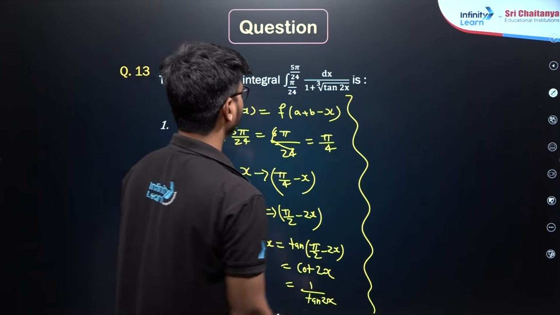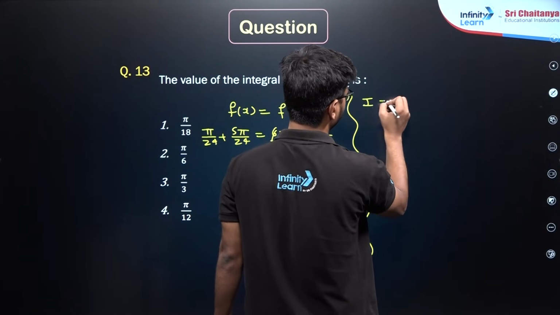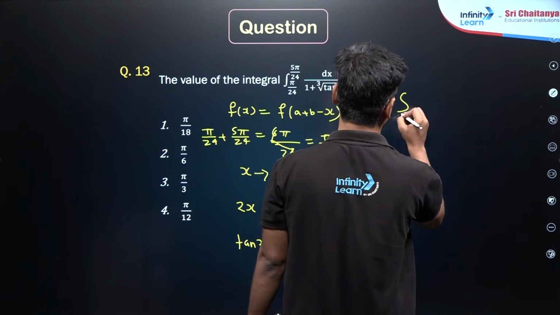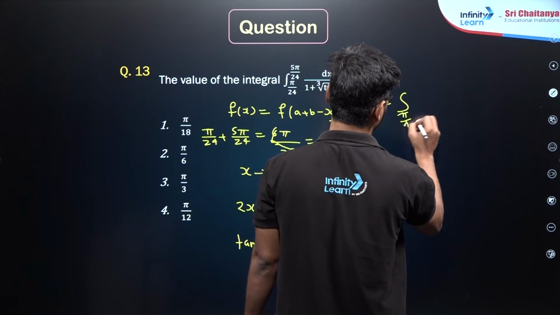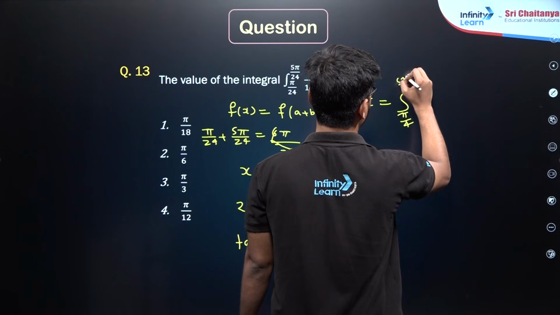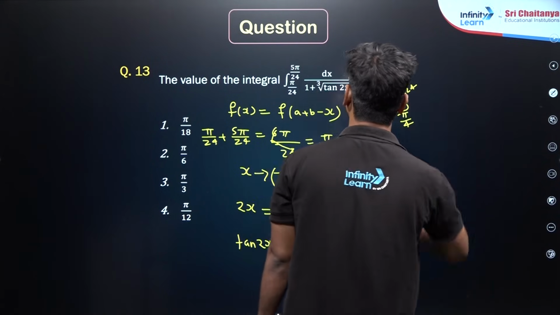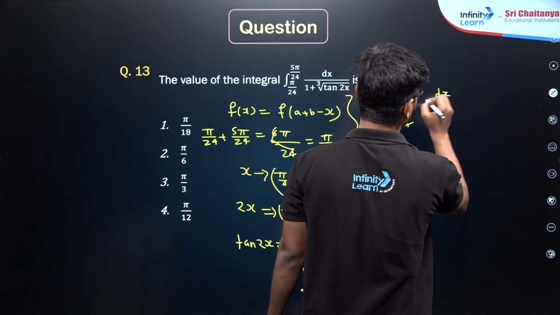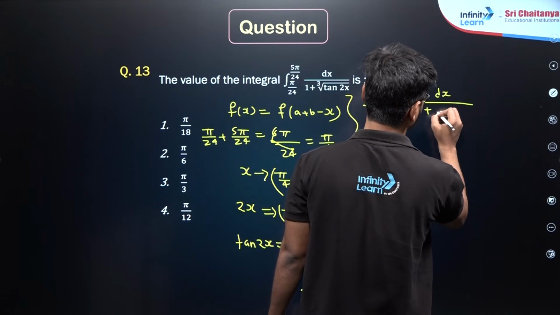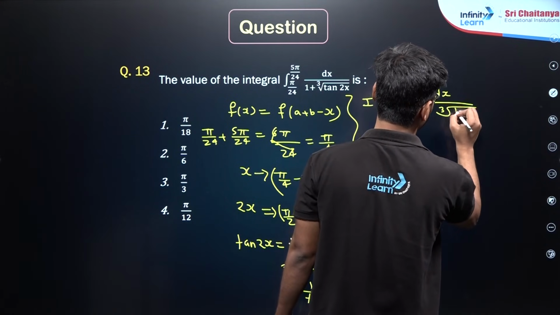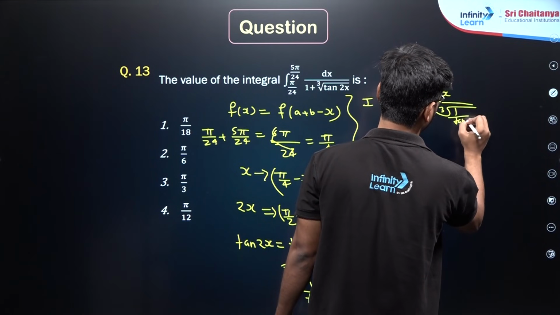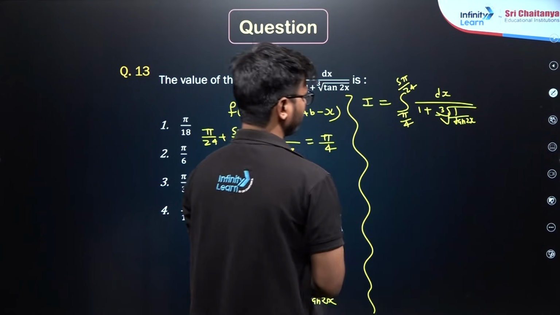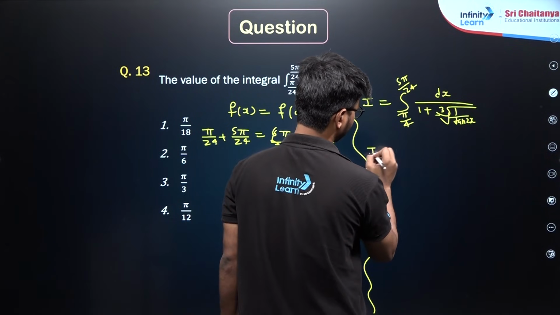So what I am going to get? I am going to get integral I equals to integral from pi by 4 to 5 pi by 4 of dx upon 1 plus cube root of 1 upon tan 2x. This cube root is on all. Okay. Now if you observe, I can write this as I equals to